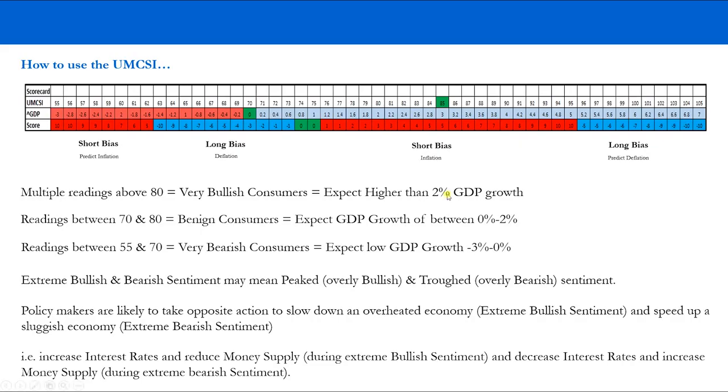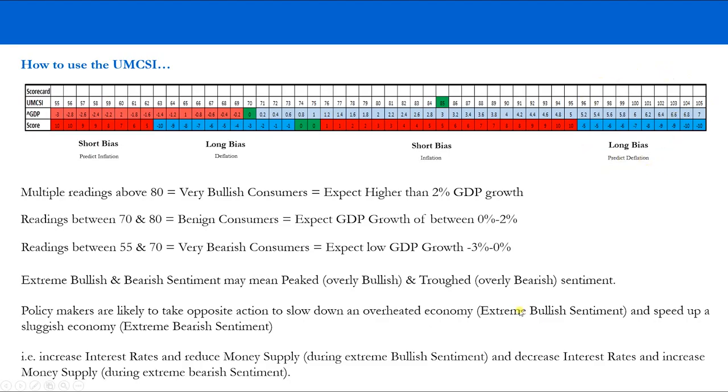So for example, if we get multiple readings of the UMCSI up here, what's likely to happen is that central authorities like the Fed, the central bank, are going to look at this and come to the conclusion that the economy is potentially overheating. And this is extremely bullish sentiment. So what we could, in fact, be predicting here is that in the future, we're going to get deflation